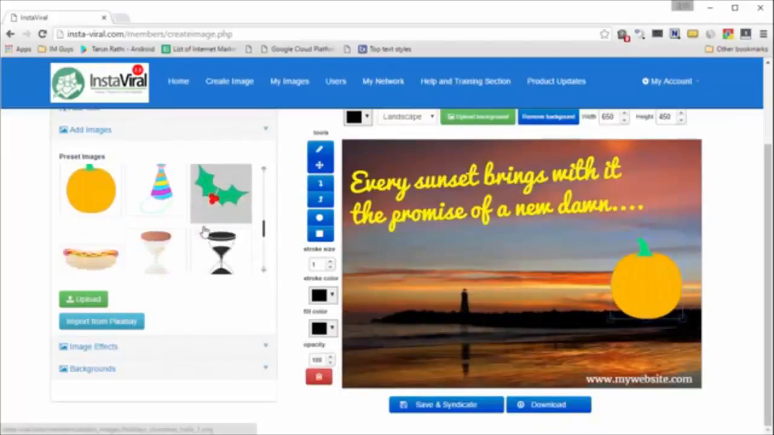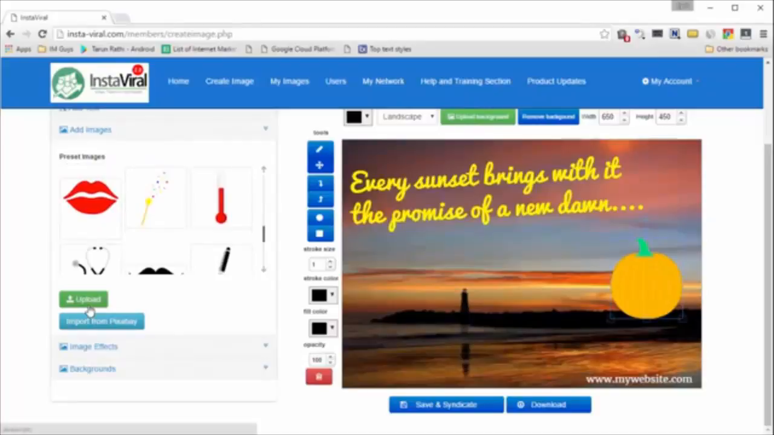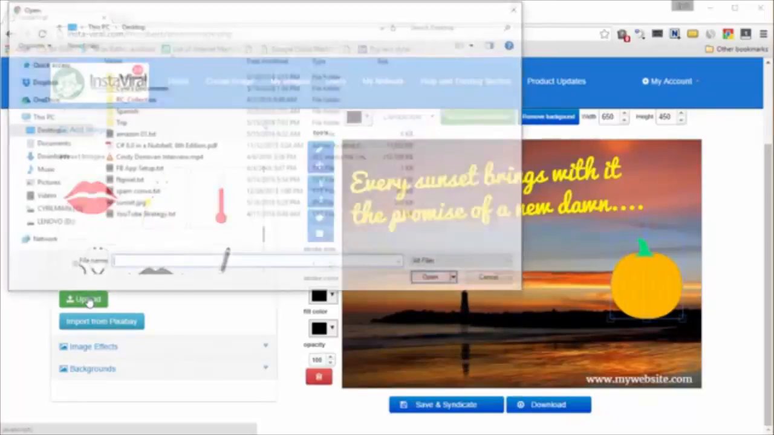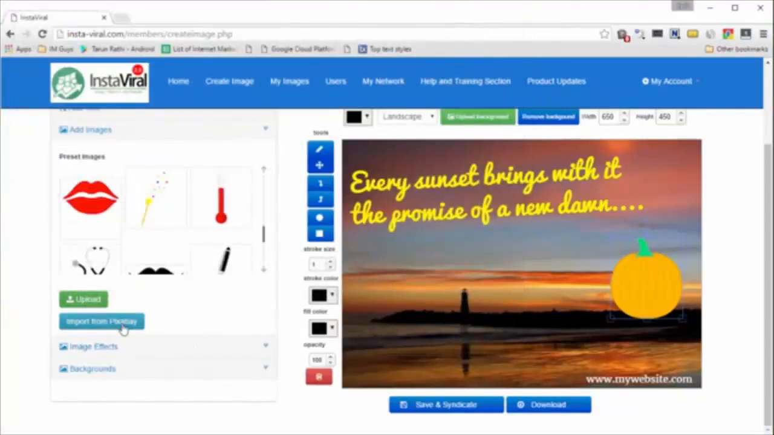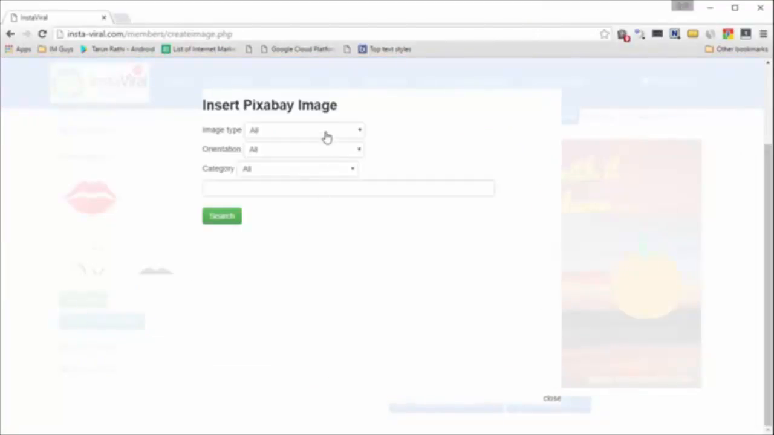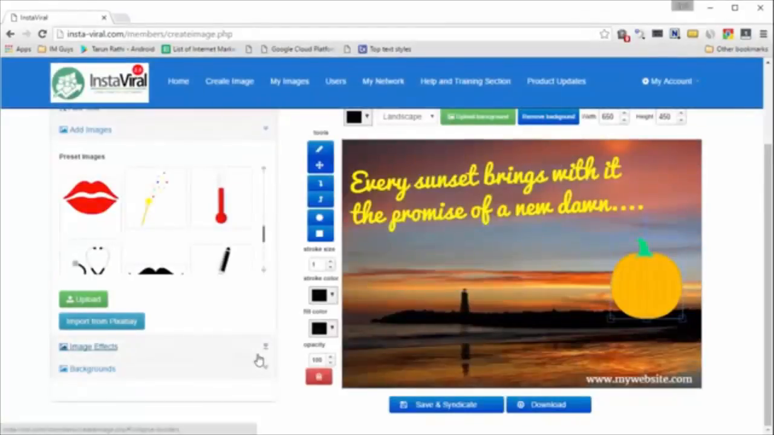And similarly, I can even upload an image from my own hard disk. So I can click on upload, and I'll be able to select any image from my hard disk. And if you want to look for images on Pixabay, that's possible too. Click on import from Pixabay, and you will be able to select images according to keywords. So again, you can put in all the elements you want, construct an image of composite elements without having to